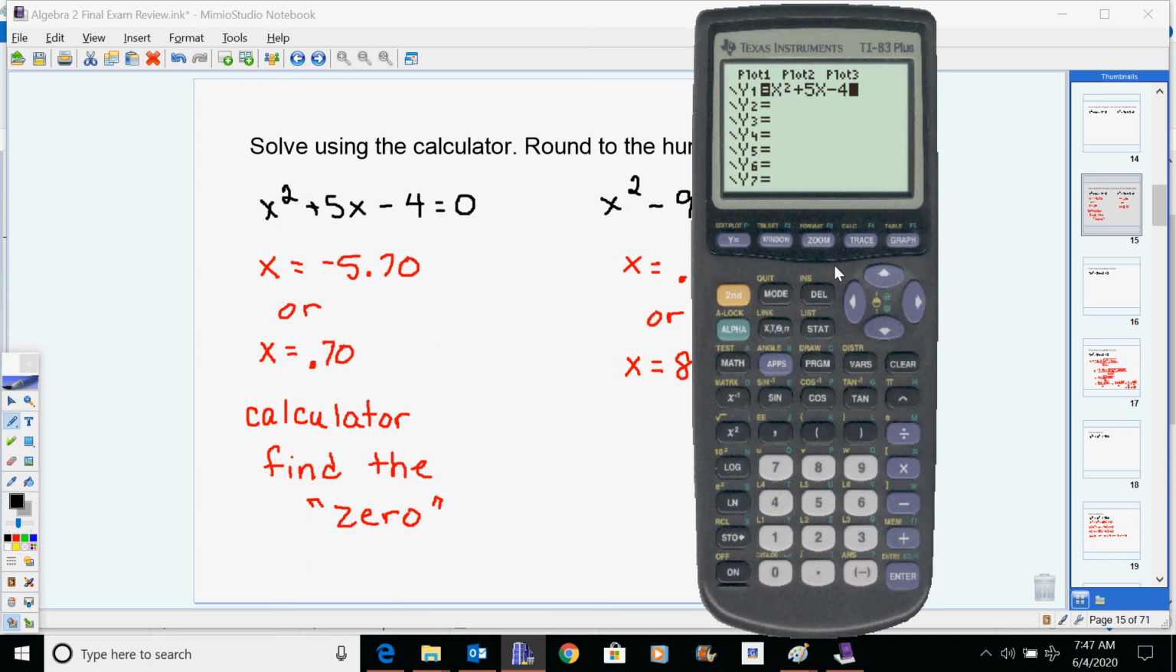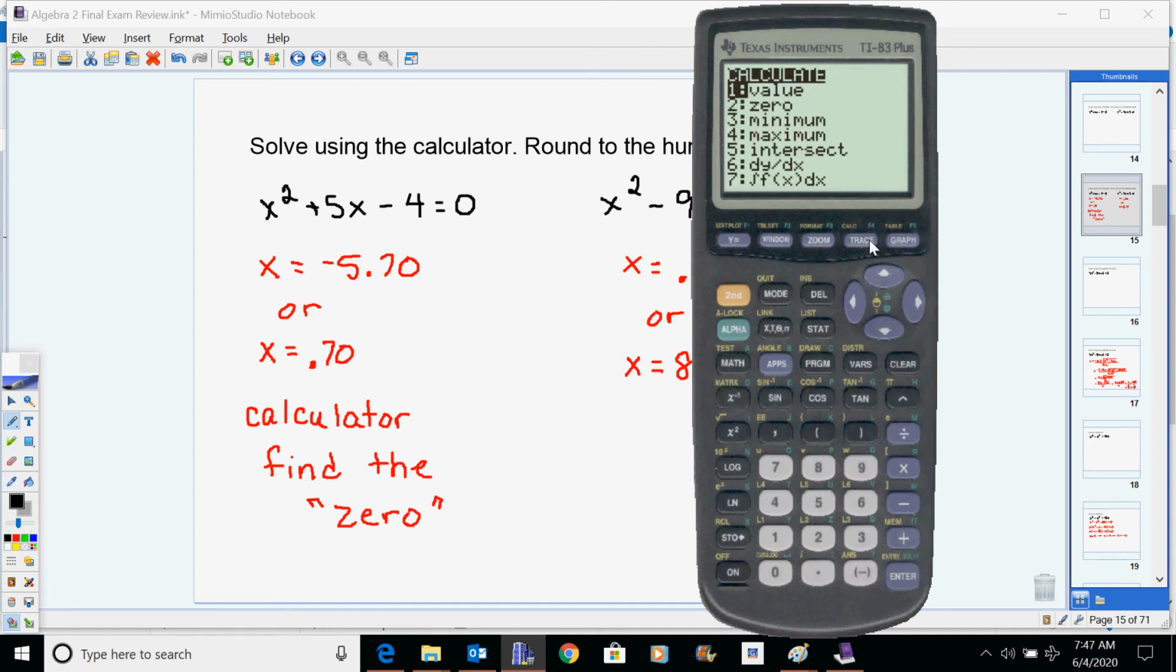Then we're going to use this calculator. So let's zoom 6 it and get an idea of what it looks like. All right, we knew it would be a parabola. It's hitting in 2 places. We can tell that it's at about negative 6 if we count, and at about 1, but we want the exact answer, so we're going to do second calc,